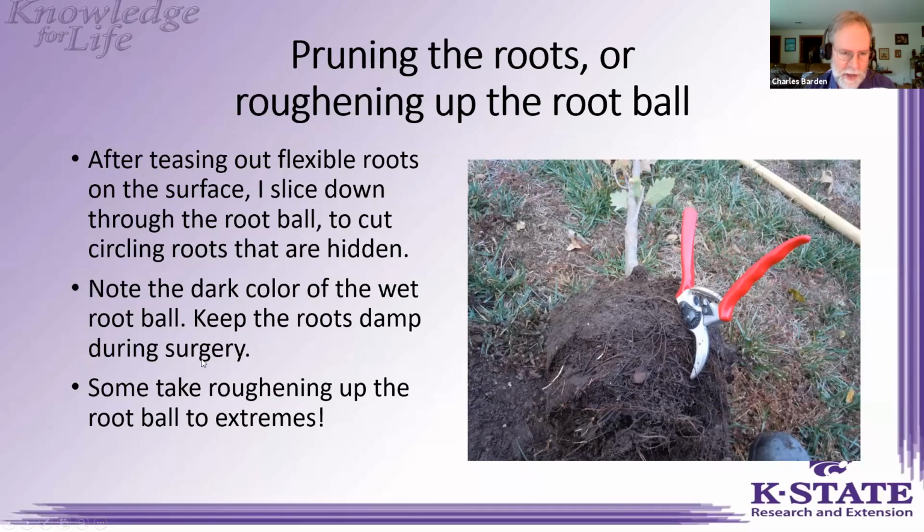And some folks, I think, take roughing up the root ball to extremes. It's fashionable now in the arboriculture area to just beat the heck out of the root system. They call it roughening up, and they'll tease it, remove all the potting media, strip out the roots, and try to make it look like a big bare root tree. I think that's a little bit extreme, especially if they don't keep the root system wet like this, because those fine fibrous roots will die within a few minutes of being exposed to the air. So if you roughen them up and rip off all the soil and potting media and spread out all those roots, a lot of those roots would be dead before you ever get them in the ground.